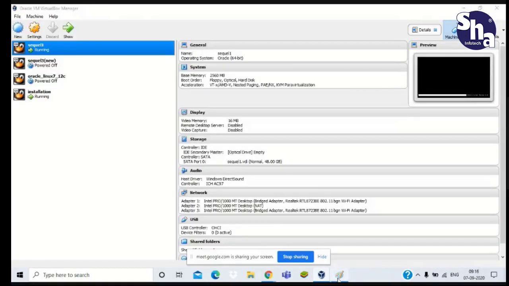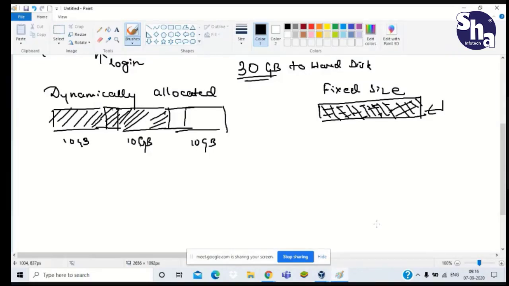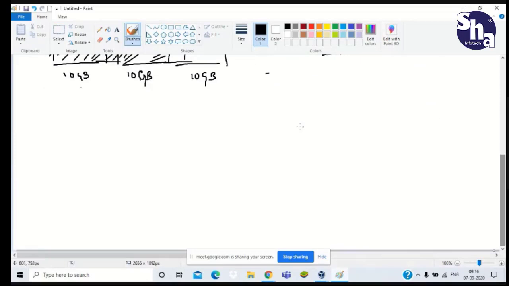So after rebooting, what will happen? One interface, one GUI will appear in front of you. That means one type of configuration interface will appear, something like a welcome screen saying Oracle Linux has been installed and some more configuration is required. After that you have to click on forward or next, that option will be present there. Just click on that first.